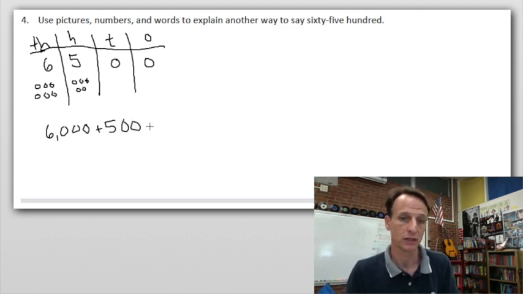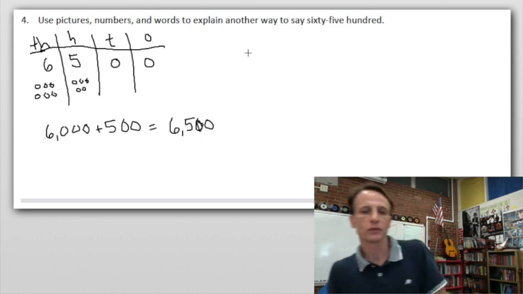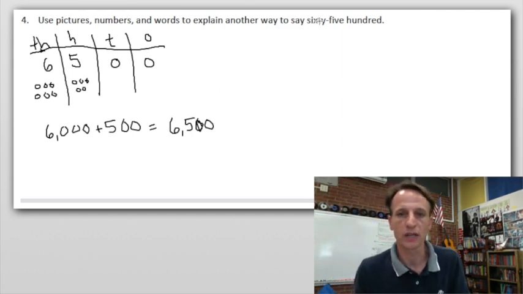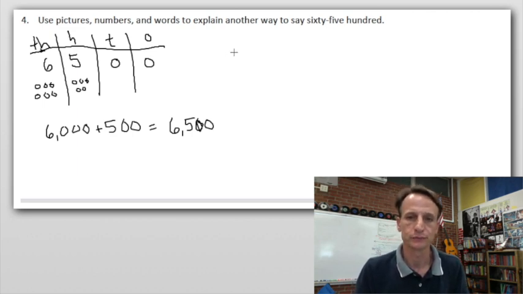And I can actually complete that in standard form and say it is 6,500. So 6,500 is another way to say 6,500, and in words I could say, well, 6,500